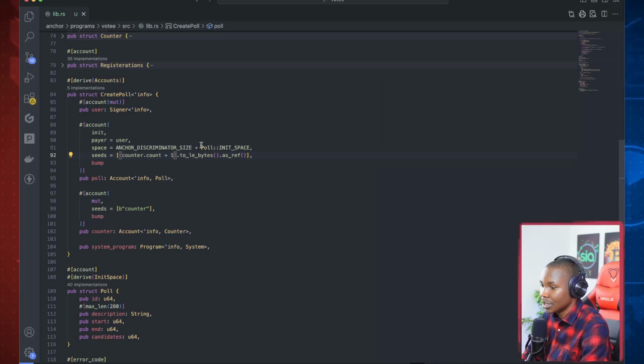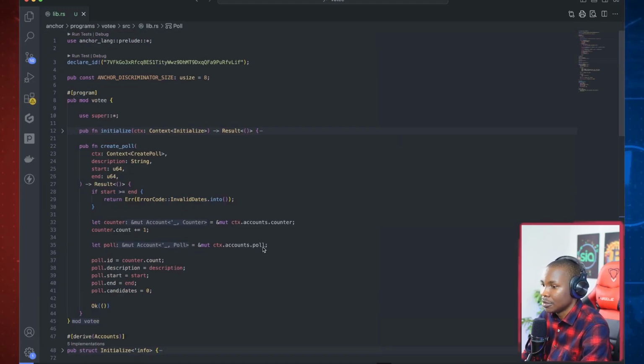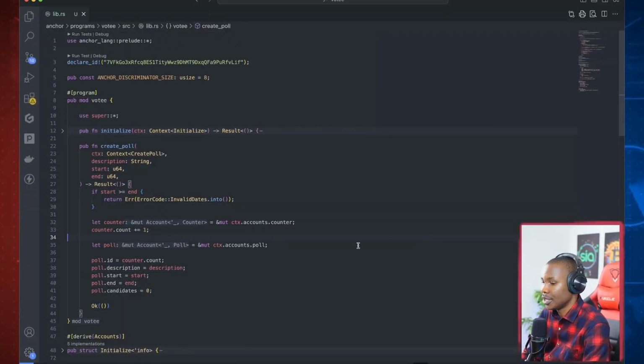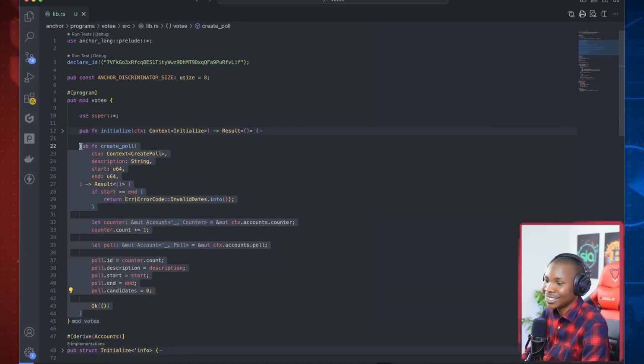Okay, so this is just a dynamic space which you can add as a macro here, and it basically does that for you by default. So that is what it takes to create a polling unit in this program. In the next part of this video, I'm going to show you how to create a candidate, or register a candidate in a poll. Before we proceed, I would like to show you how straightforward it is with actually building